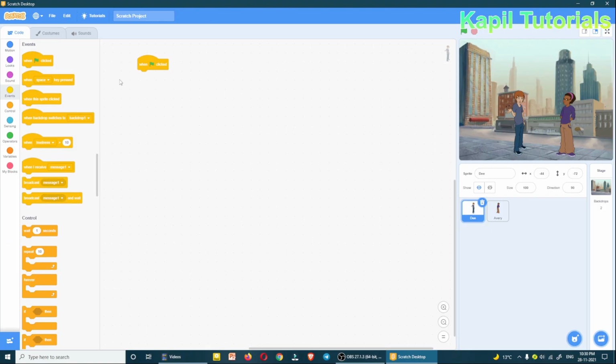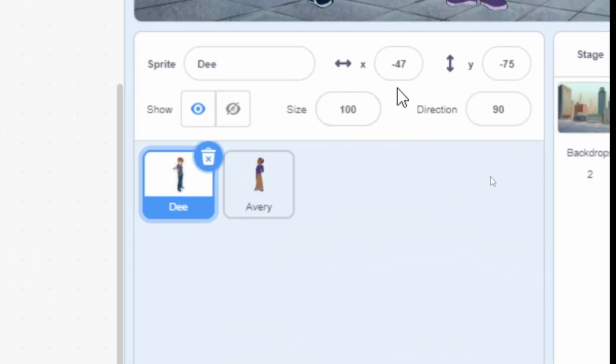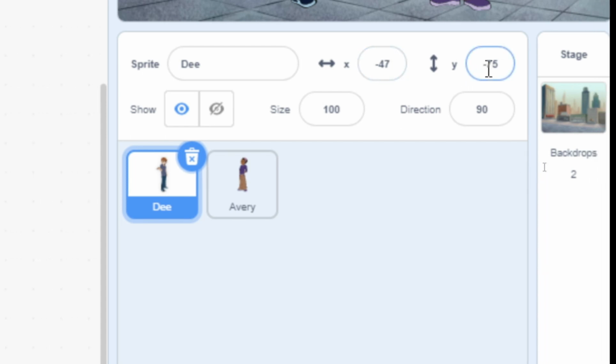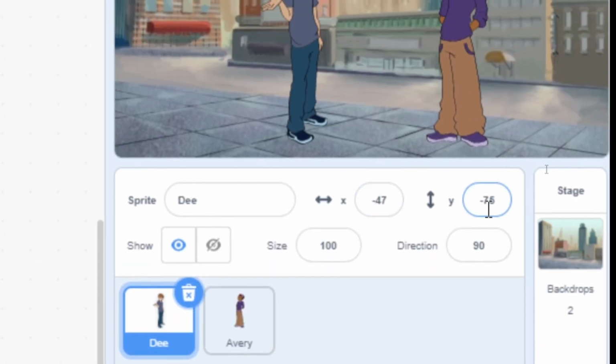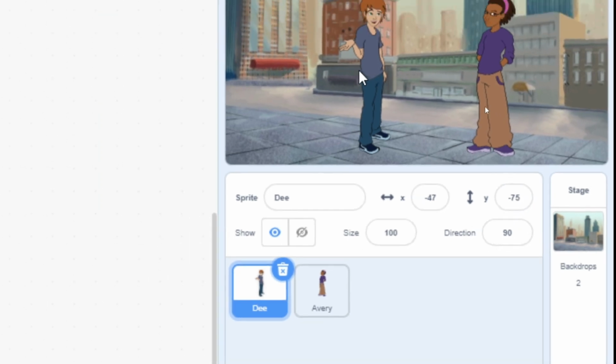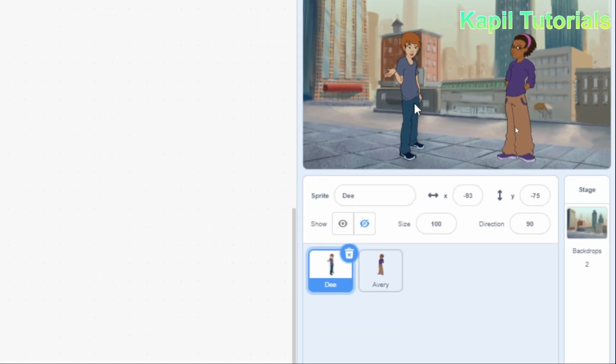So afterwards I want that whenever my program starts, this sprite D should always be at this place. Earlier also I have taught you that we have X position and Y position. So X is minus 47, Y is minus 75. If I change it, you could see it is changing.